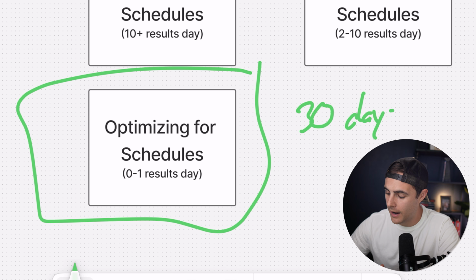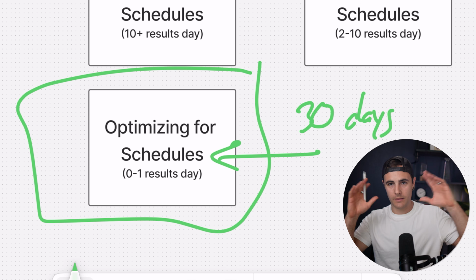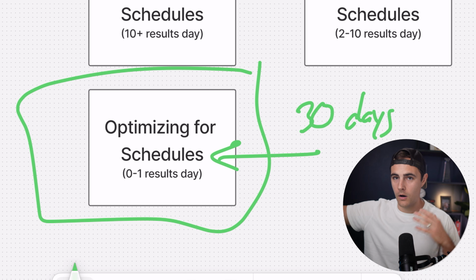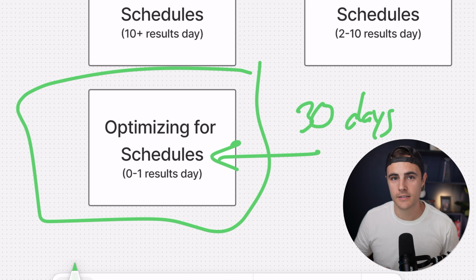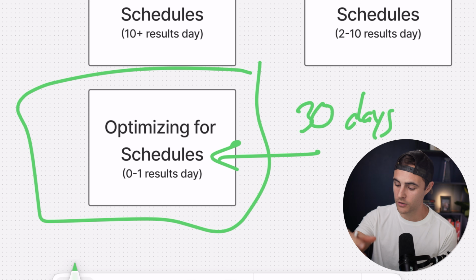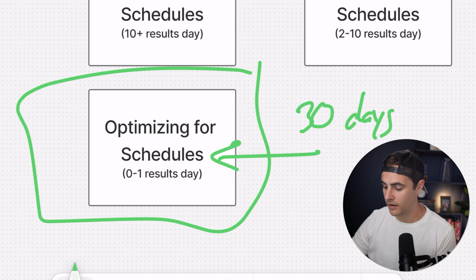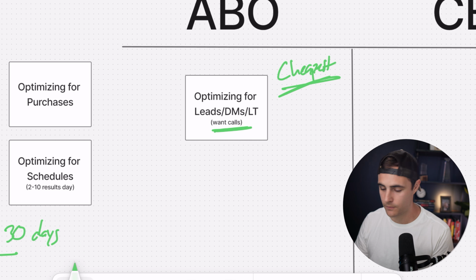Okay, but I often will still try to optimize for schedule, because what Meta does when I'm optimizing for schedule is it's gonna go look for people on the platform that are likely to take the schedule action. So when I do this, sometimes my cost per lead or cost per opt-in will be way higher, but the throughput of those that actually opt into my lead magnet or my course that actually book calls is actually relatively higher than that of when I optimize those ads for leads.